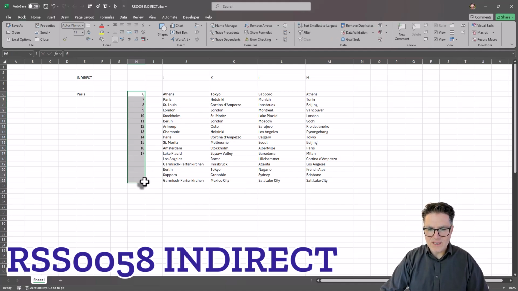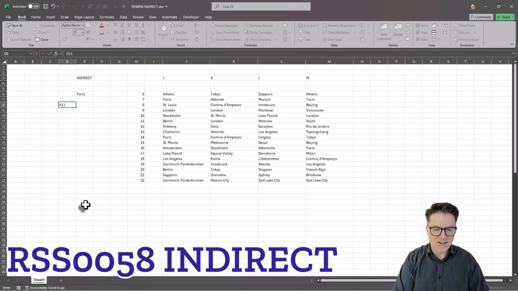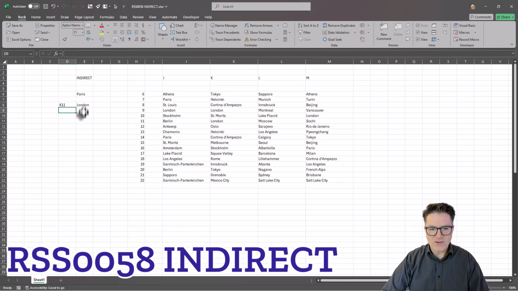If you have this list, you could build an indirect to those. If you know London is K11, you can type K11 here and then say equals indirect K11, and that returns London. If you know you've got Seoul at L15, you can use that L15 to say indirect